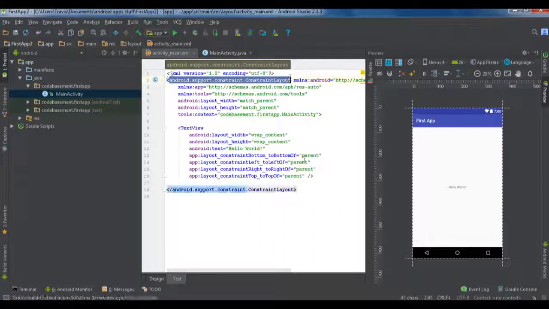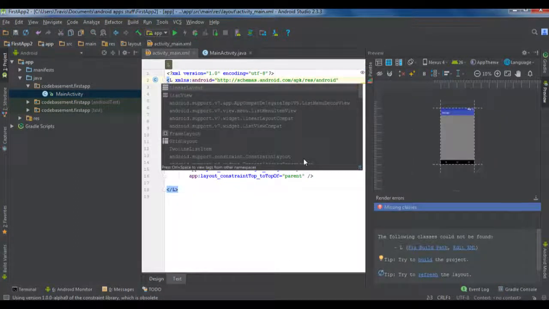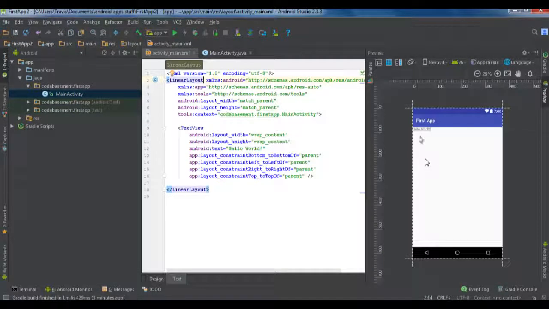And then we want to type L, and as soon as you type L, Android Studio automatically brings up a drop menu with different options. We want to select the linear layout, so we just press enter, and there it is. Notice on your right side the hello world moved from the middle to the top left corner. That's because we changed the layout, which is a linear layout, which brings me to